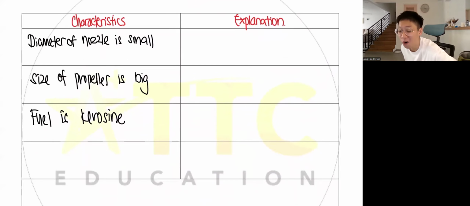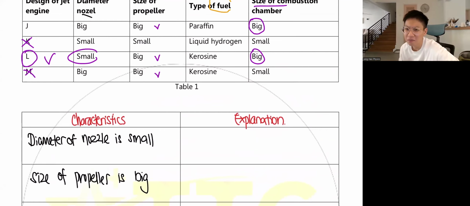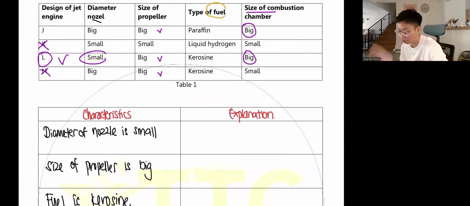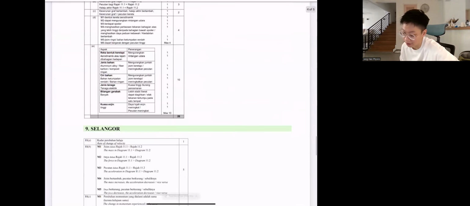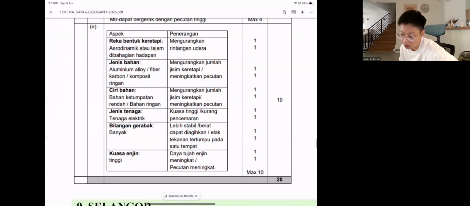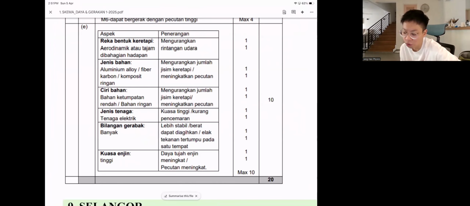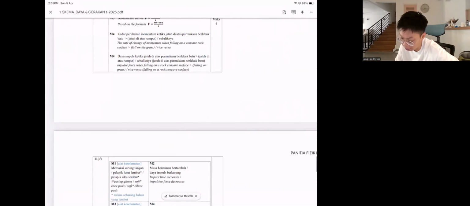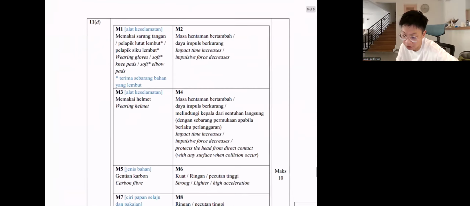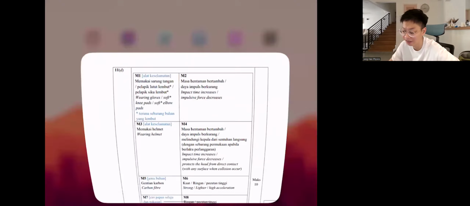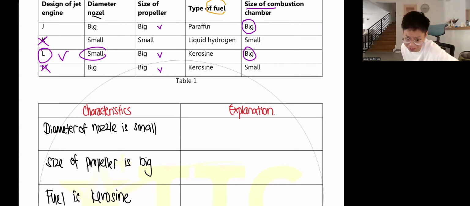Oh, your teacher wants 3 columns, right? Yeah, Megan, some teachers want it that way. But Megan, I showed you already. The schema jawapan that most of us see is only 2 columns. That's why I don't know why some teachers want it to be 3 columns. You see, right? It's like 2 columns only. So if a teacher wants 3 columns, then I'm sorry.